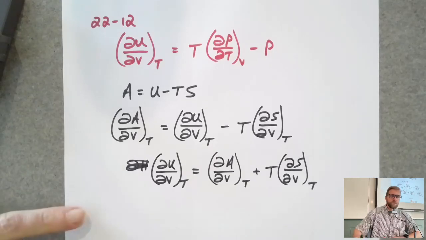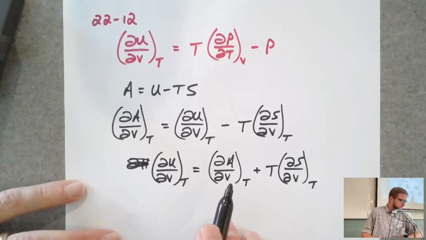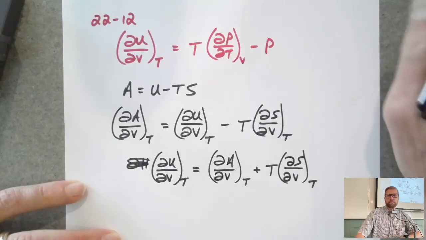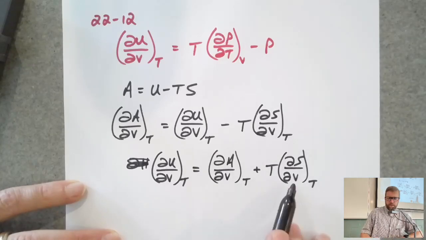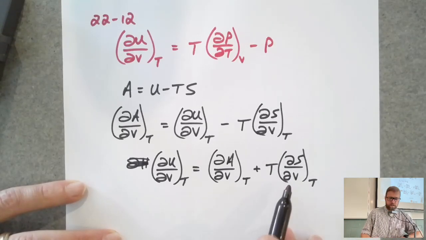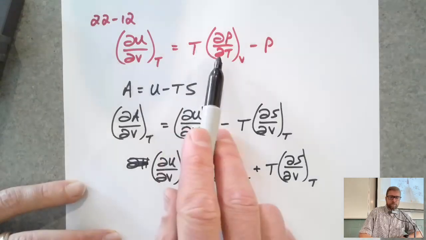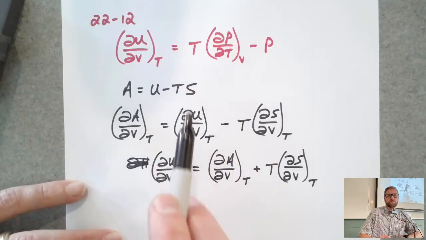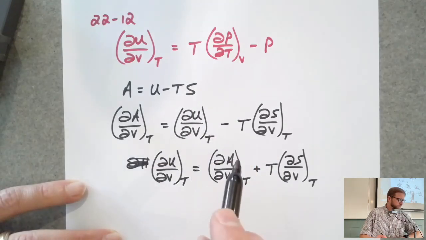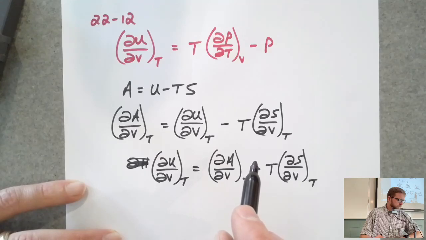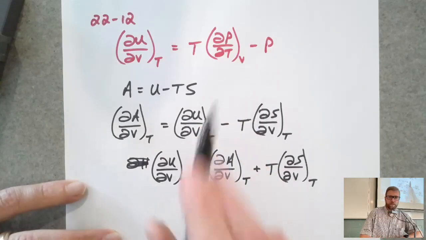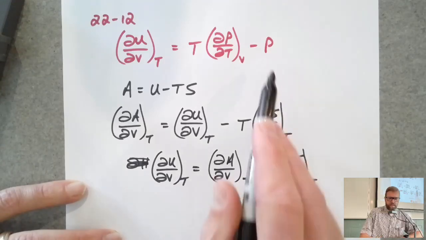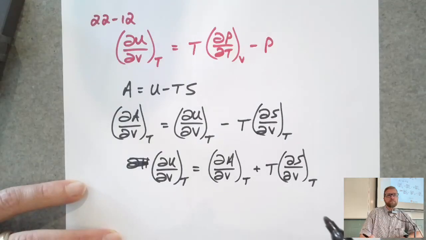All right, so at this point, if we look, we'll notice that I've got this T times something: T times partial of S with respect to V at constant T. Up here, I have T times something. It's the partial of P with respect to T at constant V. So how can we make that substitution? And then I also have this partial of A with respect to V at constant T, and then I have this P term. Well,